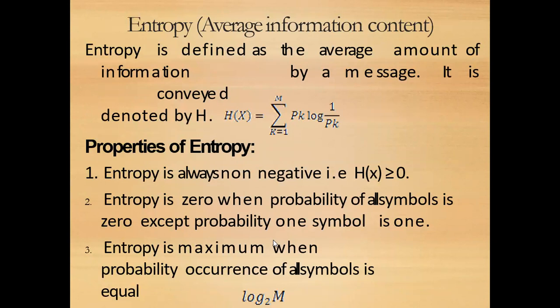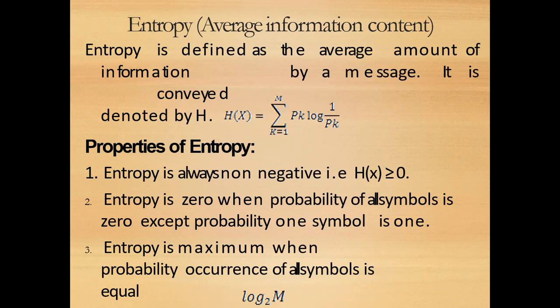Coming to entropy, entropy is the average information content. It is defined as the average amount of information conveyed by a message. It is denoted by H(X). The equation is H(X) = summation k = 1 to M of pk log(1/pk). Coming to the properties of entropy, entropy is always non-negative,